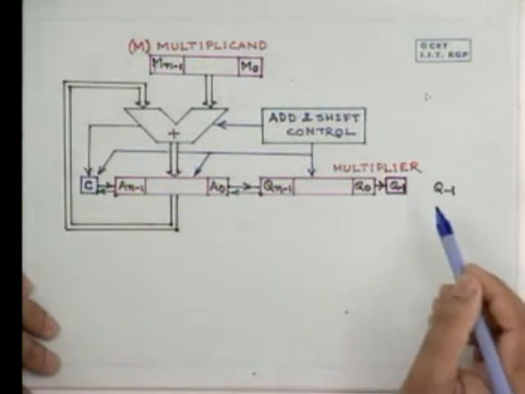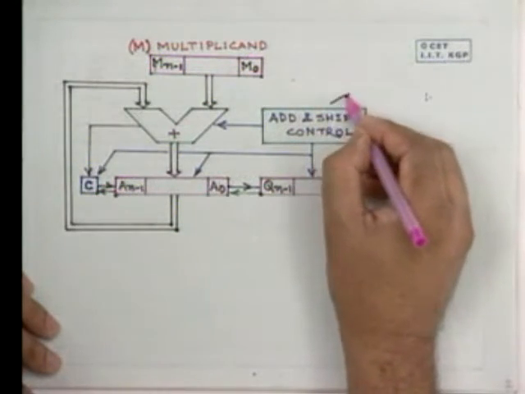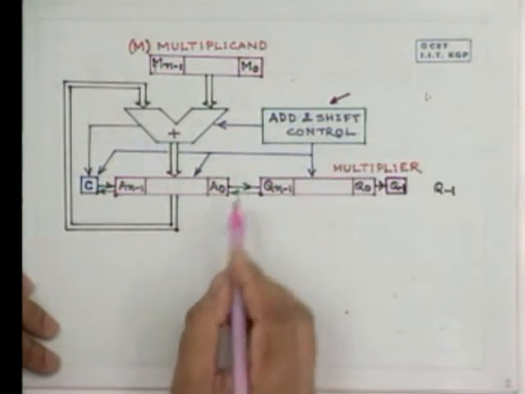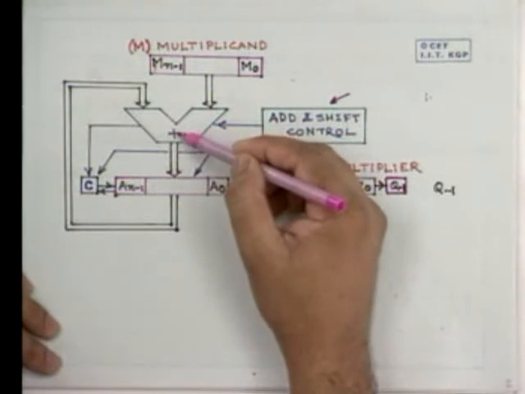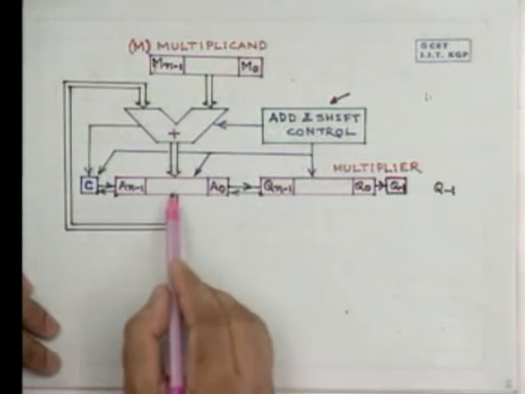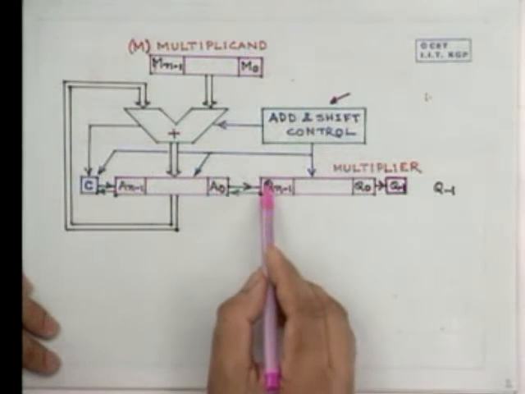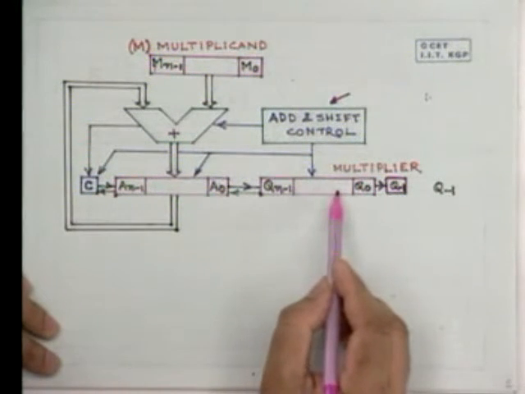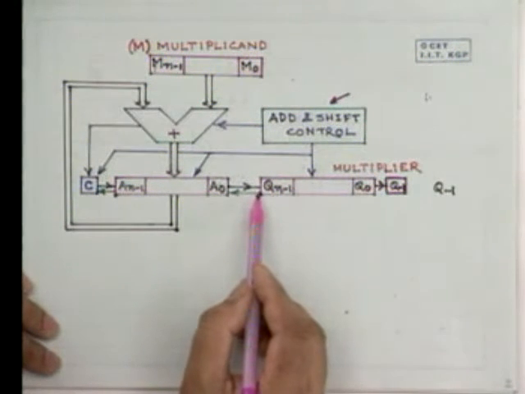We have here an adder and shift control unit, which decides when the add operation will be done, and which also decides whether the content of this A register and this Q register will be shifted towards the right, or as has been shown in the